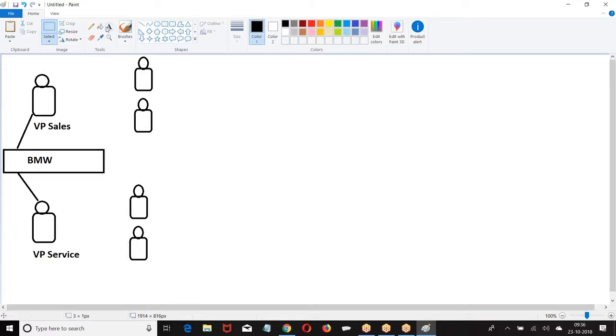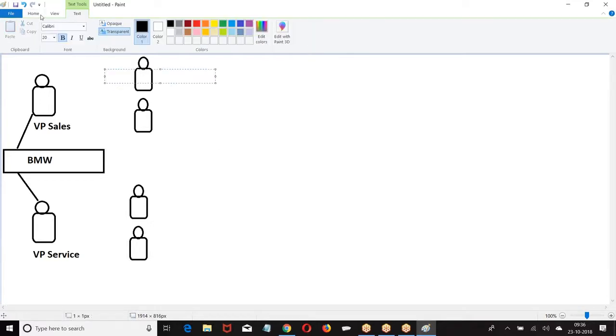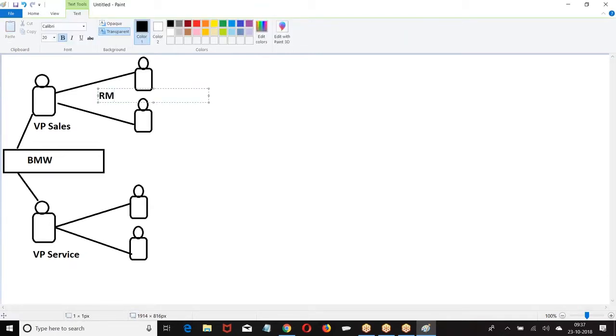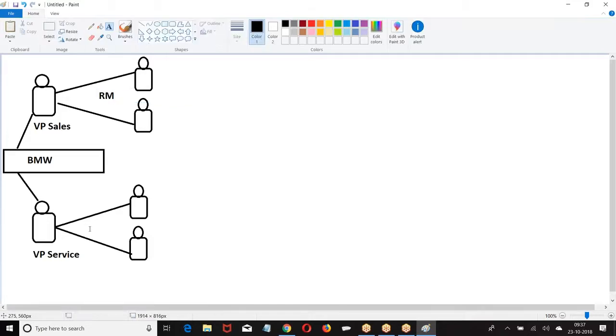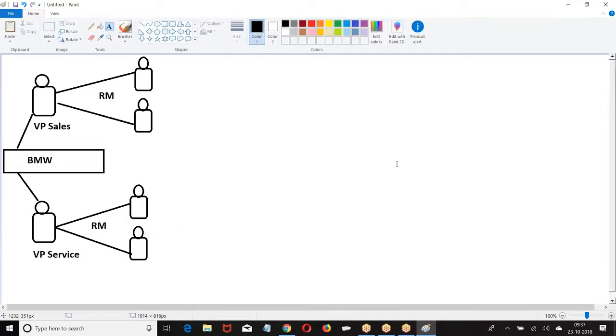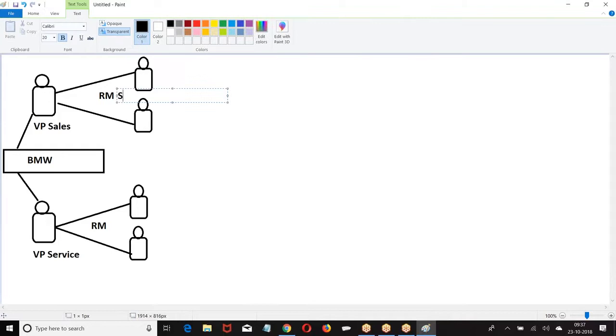As per my requirement, I am calling them BDM. These two guys are reporting to this VP, regional managers. Now, what these regional sales managers are doing, they cannot go and sell the vehicle directly.